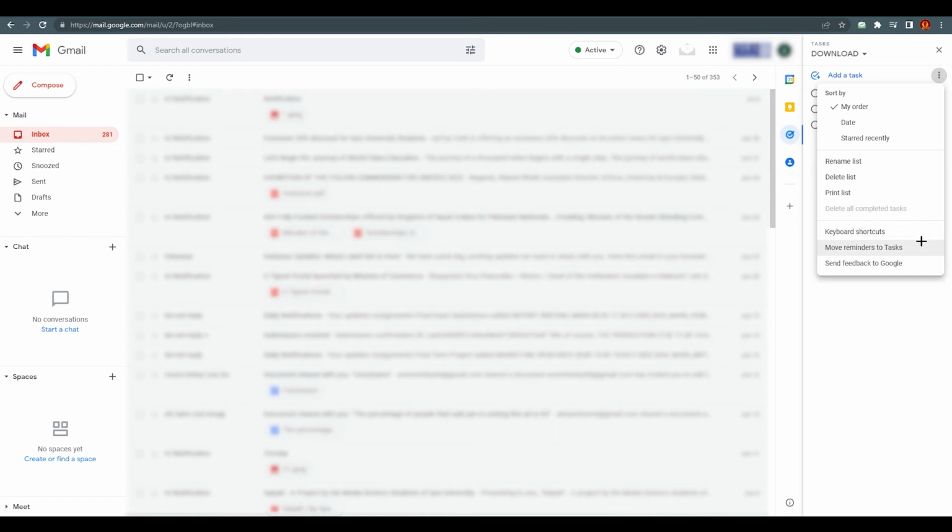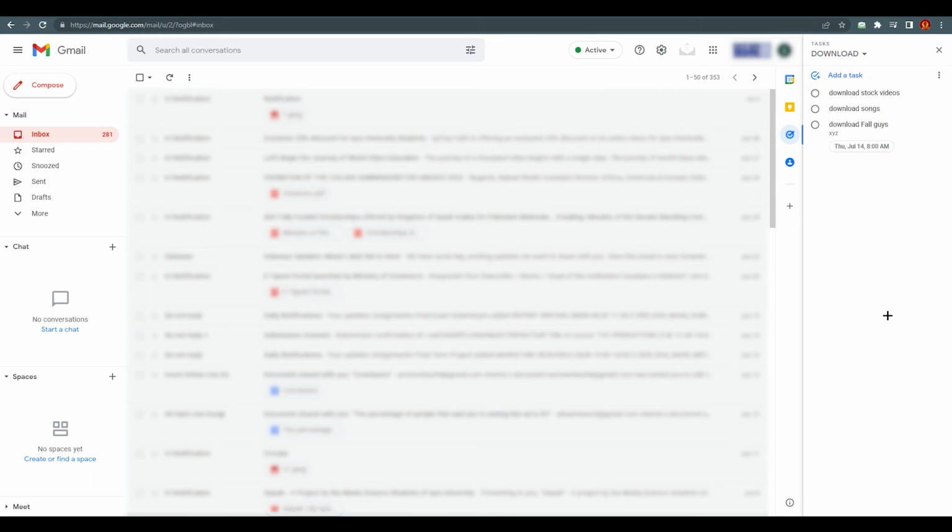So you can also add keyboard shortcuts, move reminders to task. Like if I have created reminders, you can also move that into your task. Send feedback to Google if you want to give feedback. If you want to do that, you can also do that. Right after that, you can also share